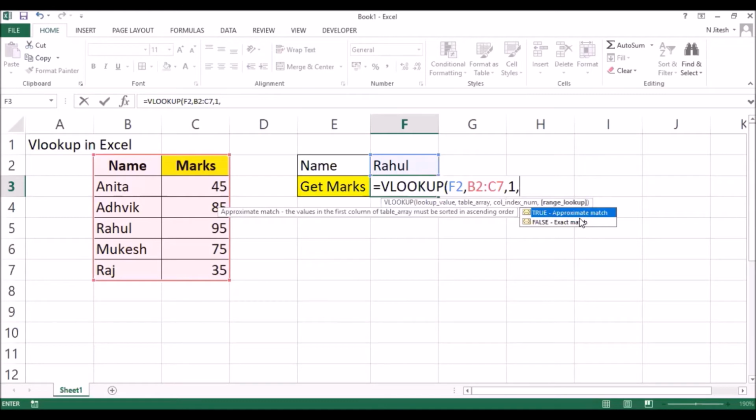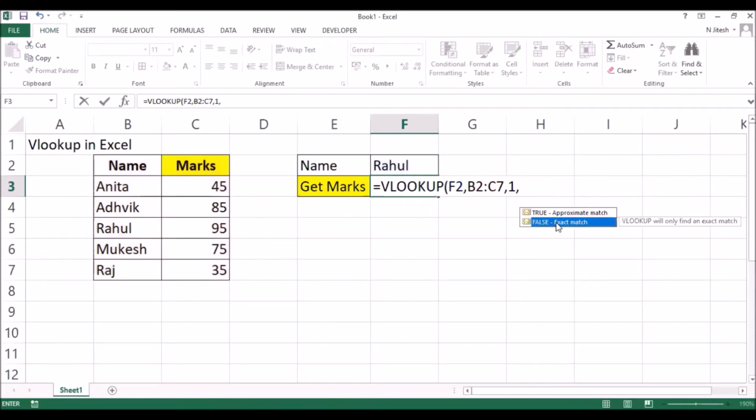If you give an approximate match, as the word suggests, it will search for the nearest lower value to 65. Like suppose if there's a value 64, it will pick the adjacent value of 64. But that's not what we want here, right? We want the exact match. So we generally use false.